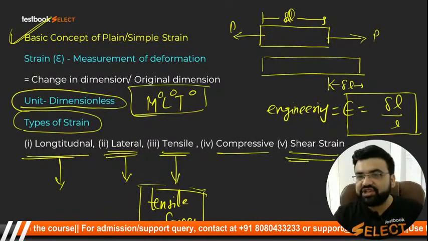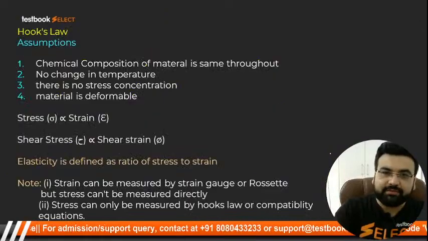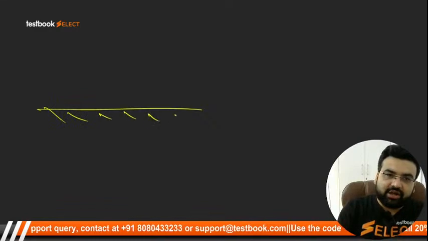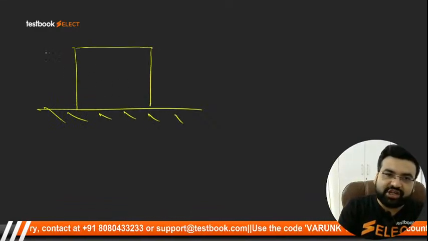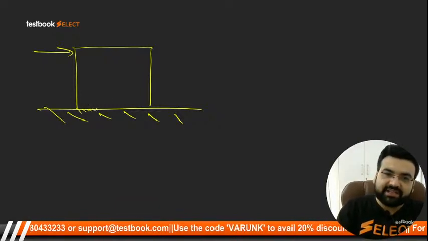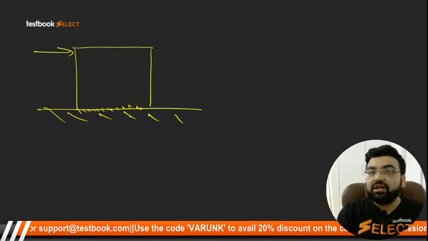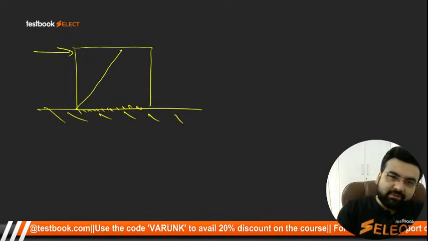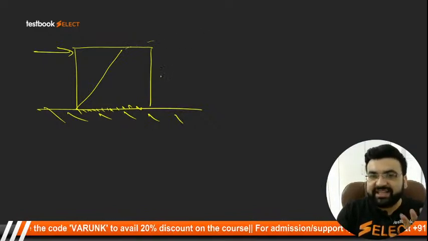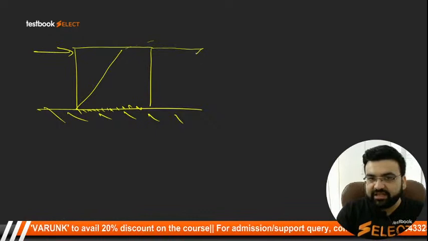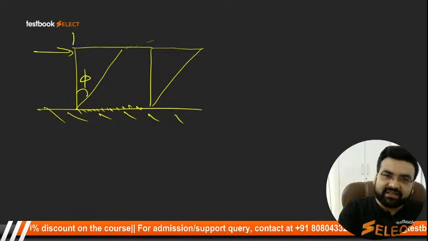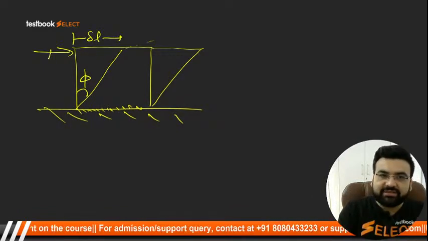Now, what is the definition of shear strain? For example, let me show you here what is the meaning of this shear strain. Let us say this was a body, and on this body you have applied a shear force. Now, what is the meaning of this shear force? I have just already told you that, right? And this body is completely fixed with the base or the floor. The deformation is actually going to be something of this type, but just for the easy purpose, the deformation is going to be like this. So shear strain is defined as this angle. This angle is phi. Let us say this deformation is delta L and this was your L.